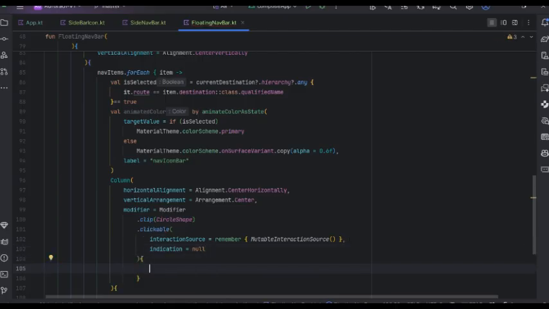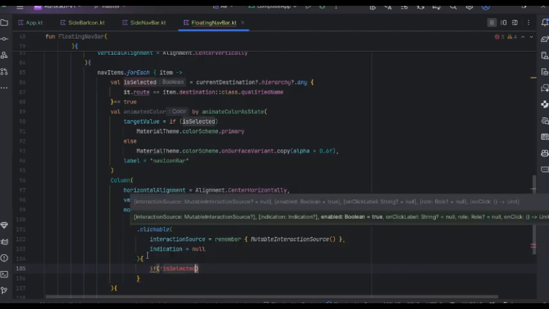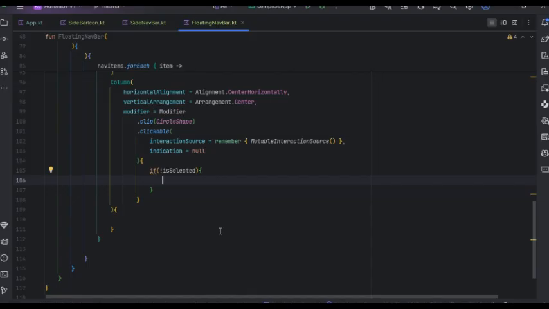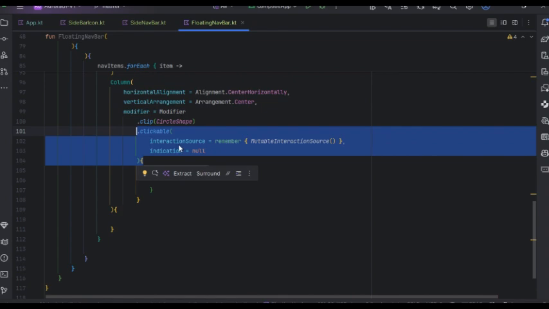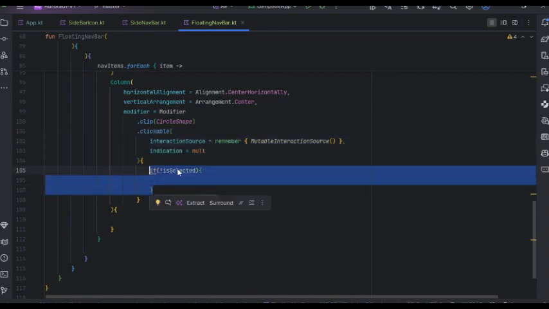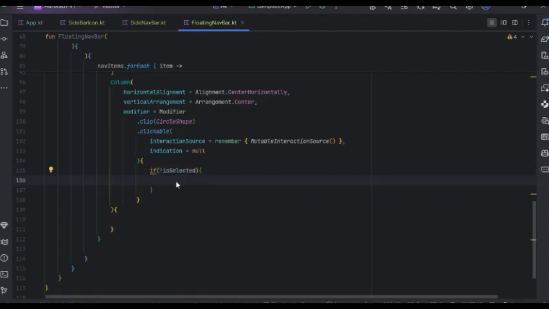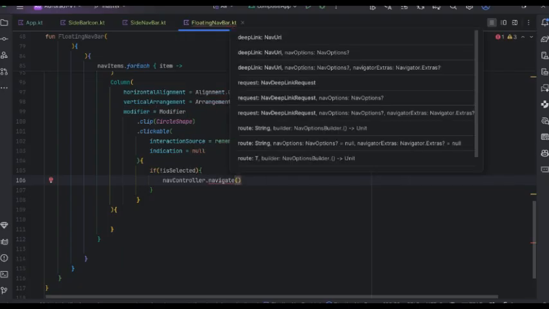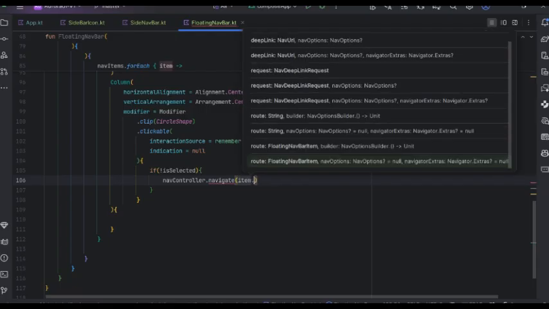And now the next thing we are going to do, we are going to implement the navigation logic, which will contain the single top and the save state with the restore state pattern. So if it is not selected, what will have to happen? So as you can see, we've finished implementing our clickable stuff. So let's also now implement the logic if it is not selected. So we shall pass in a NavController, then we shall try to navigate to the item destination. So we shall call item dot destination,